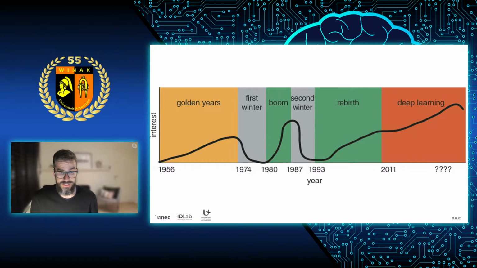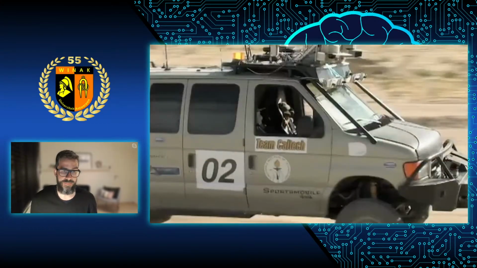And it's true, if you look at it, we've come a long way. This is a small video I'm going to show you from 2004, the DARPA Grand Challenge. What was the DARPA Grand Challenge about, for those of you who do not know it? It was an international competition asking universities to build an autonomous car. They gave the universities a track of about 200 kilometers in total in the middle of the desert, I think in Nevada or Utah, one of the two. And they said, build a car which is able to drive safely in the desert without that many obstacles.